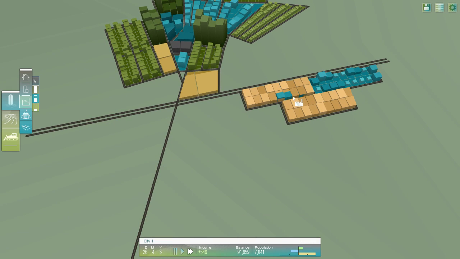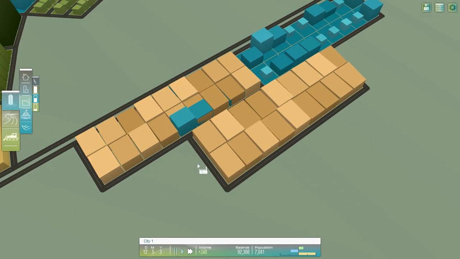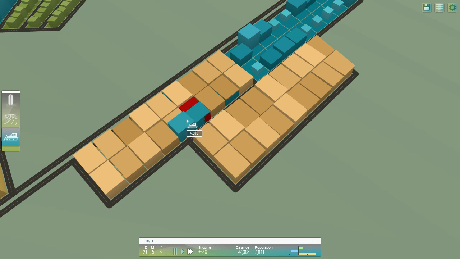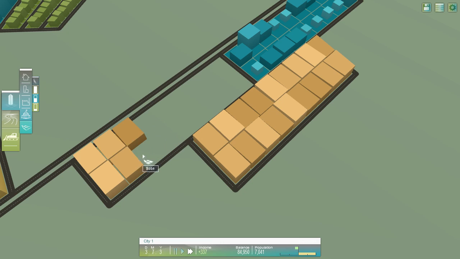Let's get some medium density. Oh yeah, see there's some buildings popping up inside of each other. I don't think that's what people mean when they say mixed zoning. Can I just de-zone this area completely? There we go. And then we'll fill this back in with